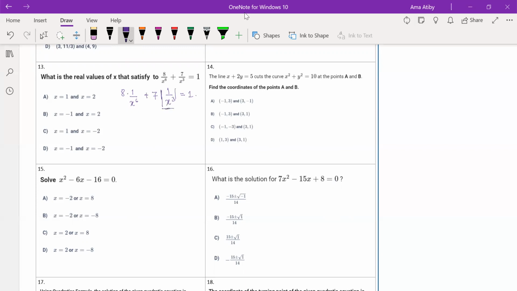as another variable. Let 1 over x cubed be p, and therefore here I will have 8 times p squared, since 1 over x to the 6 is 1 over x cubed squared, and then plus 7p equals 1. Right. So to solve this quadratic, you have to make the equation equal 0, and therefore I will simplify the process